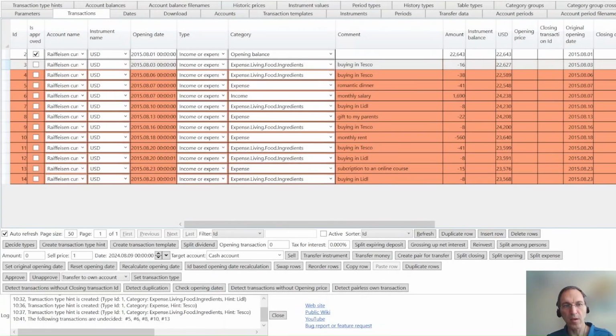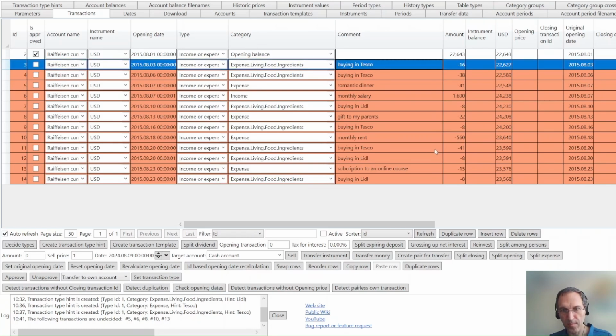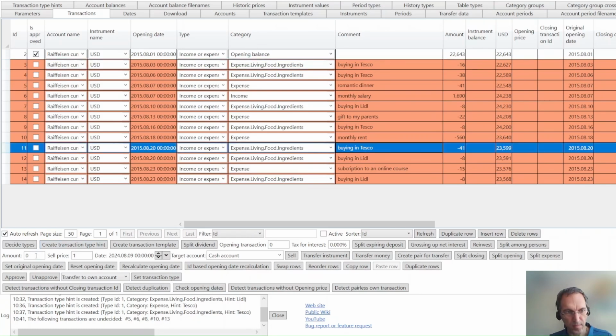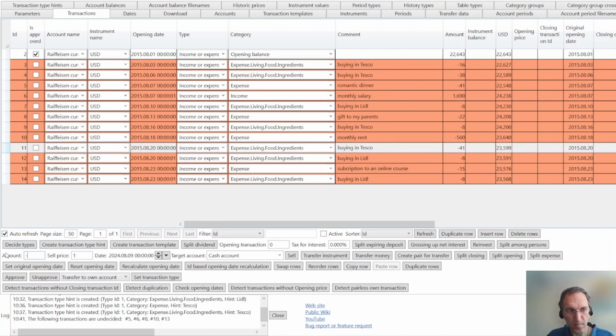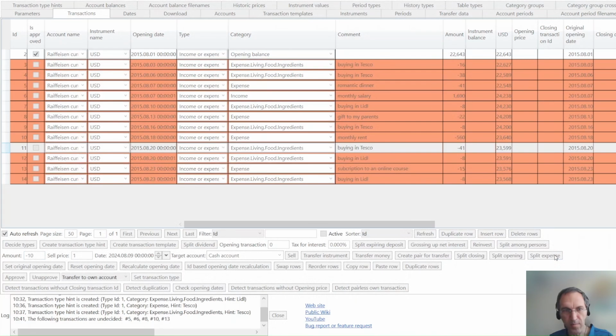What can you do if you buy bread and a book in Tesco? They belong to different categories. Select the transaction, provide the amount for the book, and press the Split Expense button.